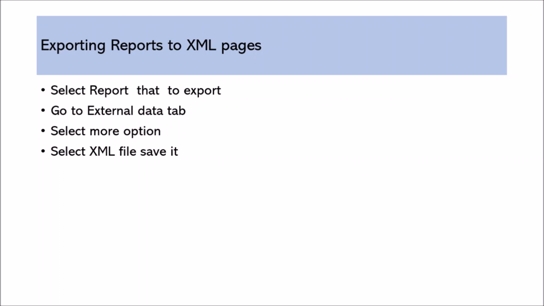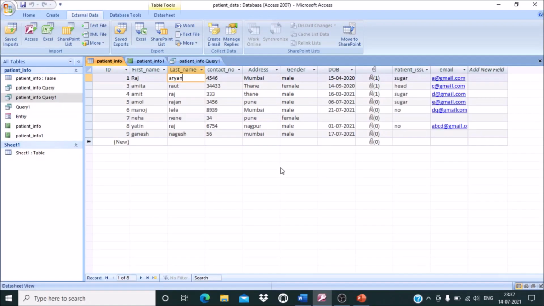Now we'll see in MS Access how to perform this particular operation. Now I am in MS Access where I have a table, Patient Info. I have queries like Patient Info Query, Query 1, and Entries the form. Then I have Patient Info and Patient Info 1 as reports. Those are the icons for reports. This is a form, this is a query and this is a table. So all the data from MS Access you can store in an XML file. First of all, I want to save the table into XML file format. So I am selecting a table, then going to the External Data tab.